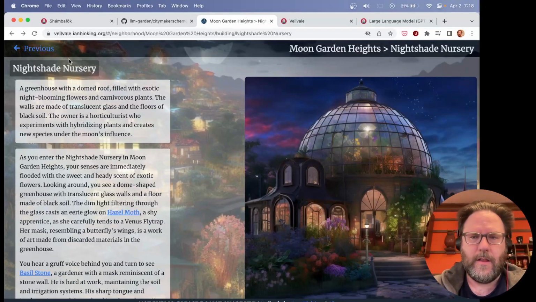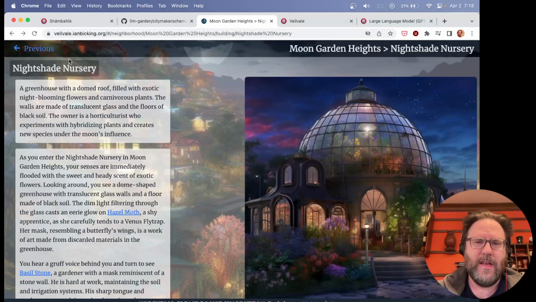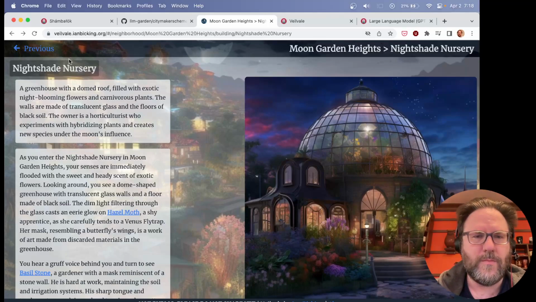I wanted to give an update on the city builder that I showed in a previous video. Just to re-summarize, this is a tool that uses GPT to give you lots of city building ideas and help you construct a whole bunch of it, while also giving you the power to go in and make things the way you want it to be.